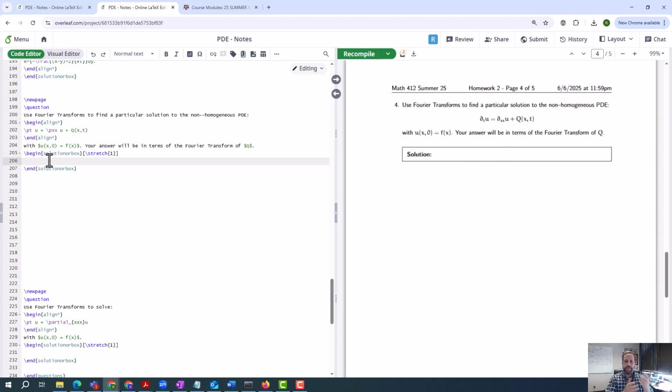If you have a non-homogeneous problem, the general solution is going to be equal to the general solution to the homogeneous problem plus a particular solution to the non-homogeneous problem. And that's kind of what we want to find here. We want to find that particular solution to the non-homogeneous problem. You'll see as we go along, but the idea is that